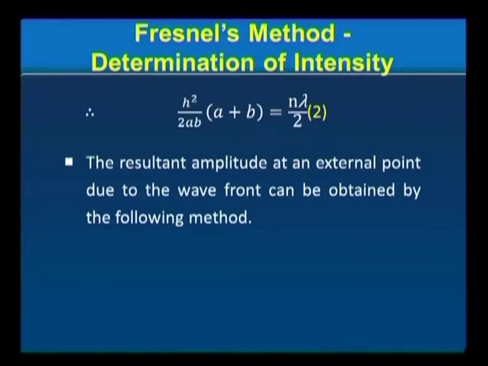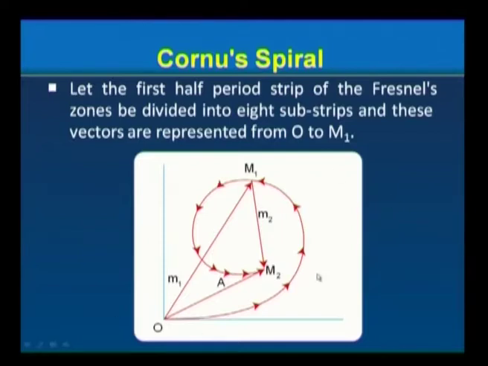Let us now pass on to the Cornu spiral. What is the Cornu spiral? You have here a complex plane. The limits of this complex plane you can have from the origin, you can go to plus 1, similarly minus 1, similarly along the y axis also plus 1 and minus 1. I will go into the details now.